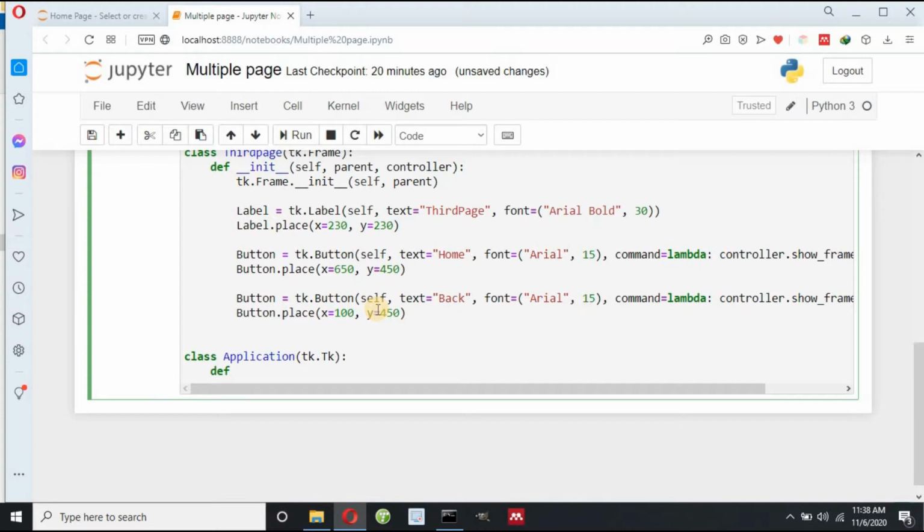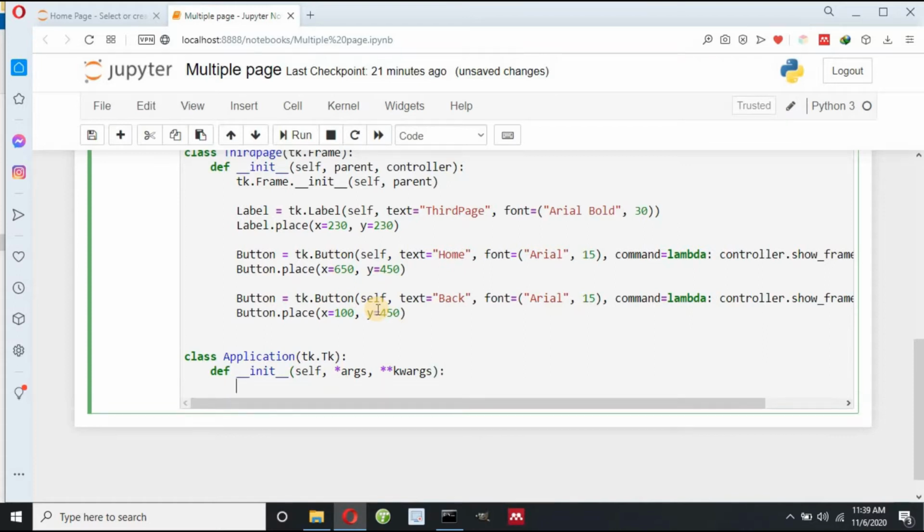In the same way I can define init method, init, and I have to pass self, and now I can pass argument args and kwargs. If I don't know how many parameters it will take, then I can use args, and this kwargs is used to pass some values. I will show this later.